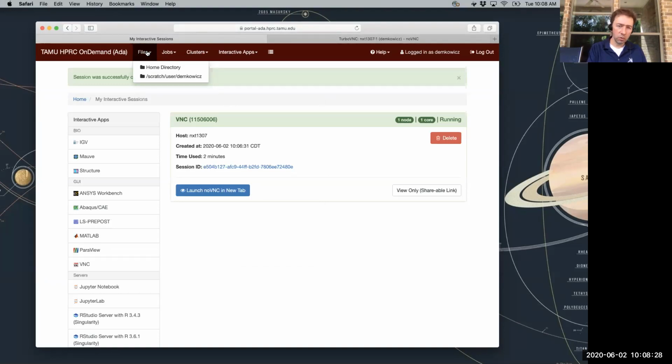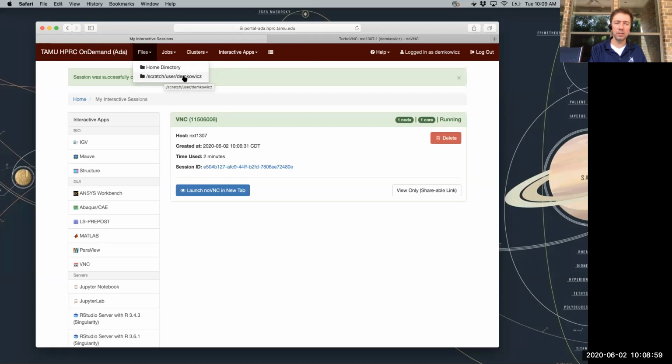Now, when you click on this menu, you're going to have a home directory and a scratch directory. In everything that we're going to be doing today, please do not use your home directory because that has very limited memory. Instead, we're going to use the scratch directory, right? So each one of you should have a scratch directory, and the name of that directory is /scratch/user and then your net ID, right? So net ID is whatever comes before the @ in your @TAMU account. So my net ID is my last name.